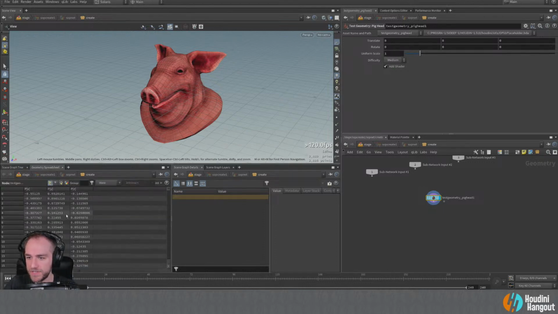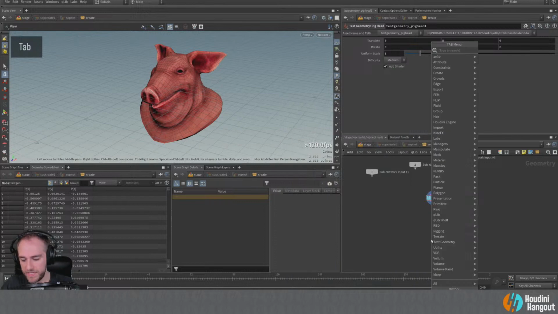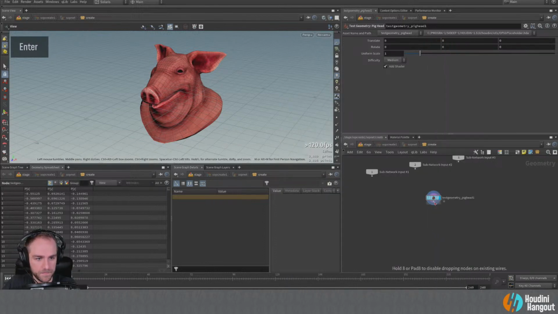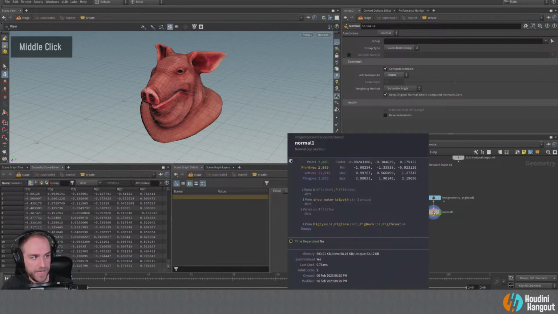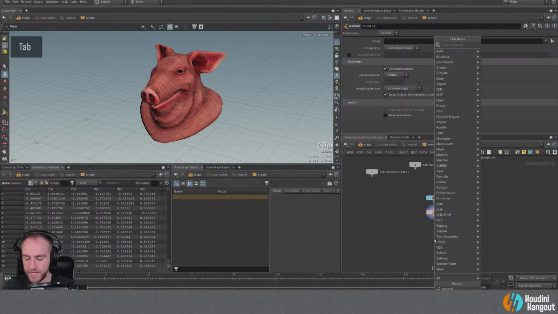We won't be looking at the scene graph tree for a second here, but we're just going to make some geometry. So trying to remember what is missing here. I think normals are missing. Yep, normals. So we'll add some normals onto here. I'll just do them as point normals. Should be fine. We've got UVs. We've got shot material path.